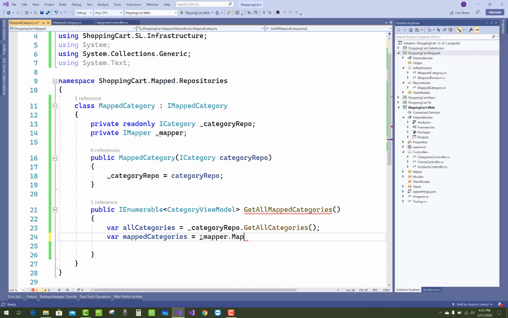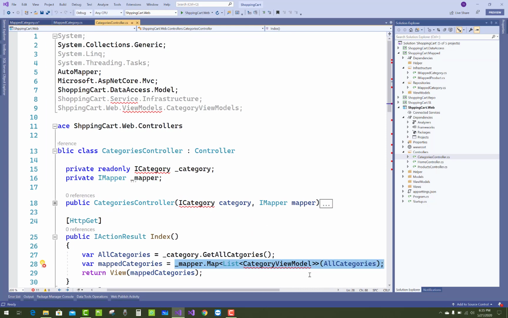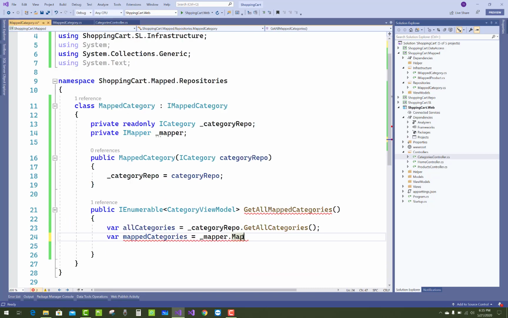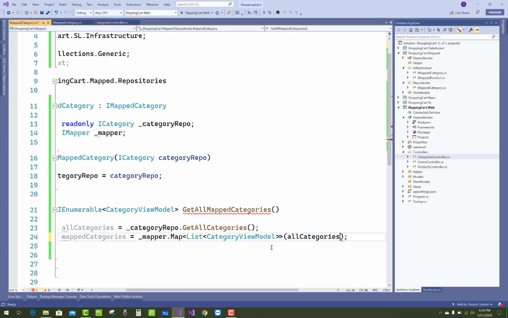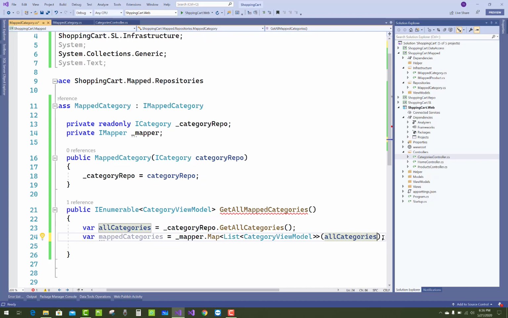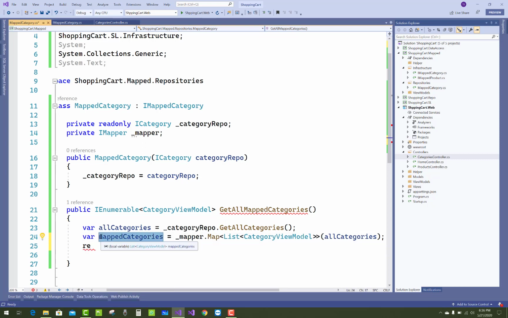I will show you the product and category while working. So just copy that line from the controller section, which was already done in the previous video tutorial, and paste it there, and convert all the categories into the category view model. After that you can return the mapped categories, and also return the view model, because here we have category view model as the view model.